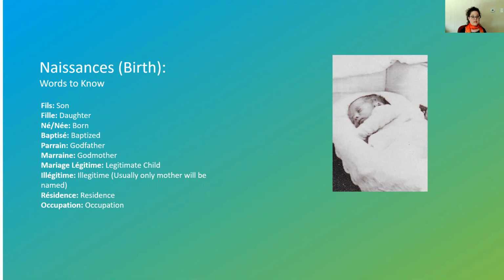Okay, some things that can also be found but aren't necessarily a guarantee. You can also often find the ages of the parents that are listed in this birth record, the occupation of the parents, whether or not a child was legitimate, and like I said, if they were illegitimate, in most cases the father will not be named. The name of the godparents will often be included, and this is an important clue because generally speaking, godparents were family members, so it's important to note those,